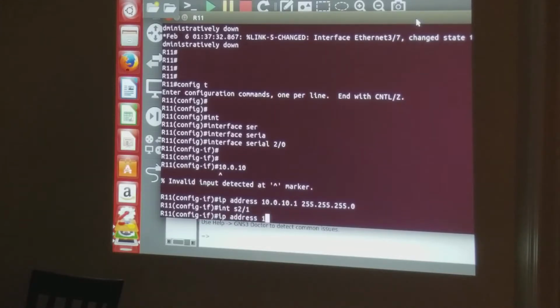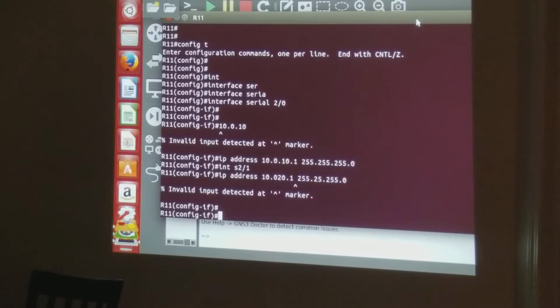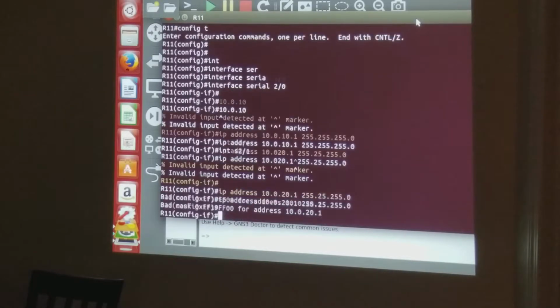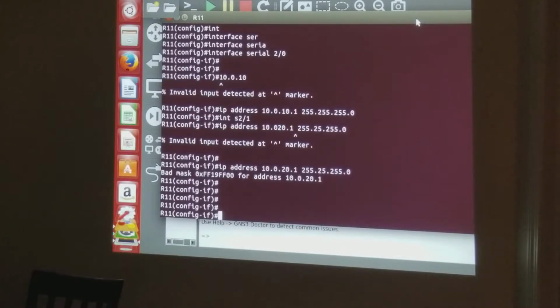So we will say 10.0.20.1, and then we'll assign it a subnet mask. There's an error here. Oh, sorry, we did not put a dot here. A dot will suffice. And the last interface is serial interface S2/2,